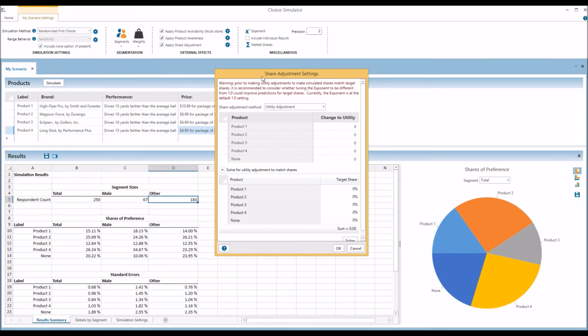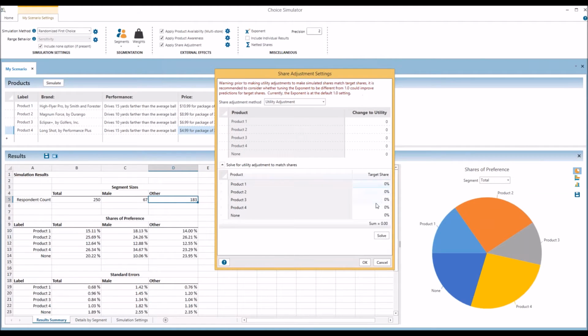And so what we can do is change utilities, we can give a little boost or have a product take a hit just to its total overall utility. And this actually has a little solver here as well. If we had target shares, so right now you can see our predictions are these columns over here. If maybe these were a little off and we wanted, say, 10%, 30%, and then 15, another 40, and 5,